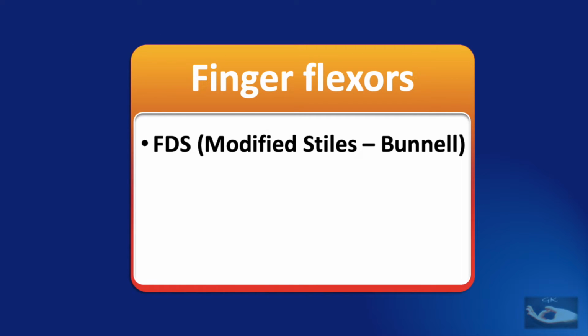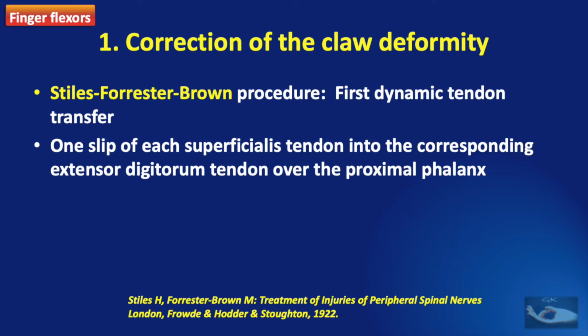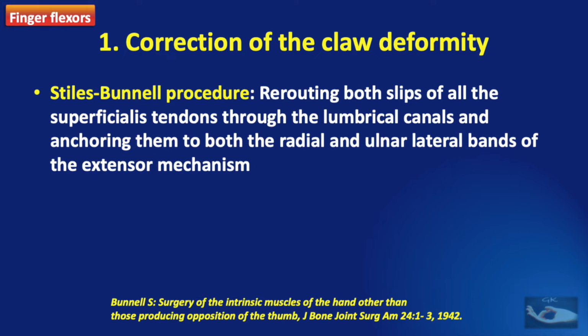First, let us consider the use of finger flexors for correcting the claw deformity in ulnar palsy. Under this category, only the flexor digitorum superficialis is used. In fact, the Stiles Brown procedure was the first dynamic tendon transfer to be described, where one slip of each superficialis tendon was inserted into the corresponding extensor digitorum tendon over the proximal phalanx to correct the hyperextension at the metacarpophalangeal joints. This was modified by Bunnel in 1942, and the Stiles Bunnel procedure reroutes both the slips of all